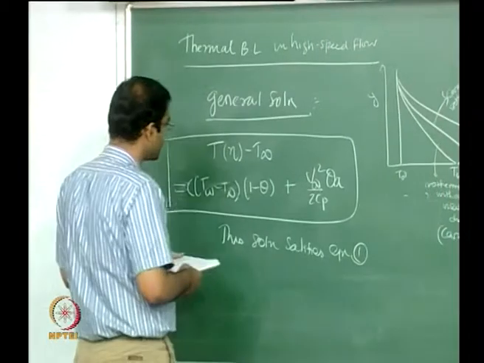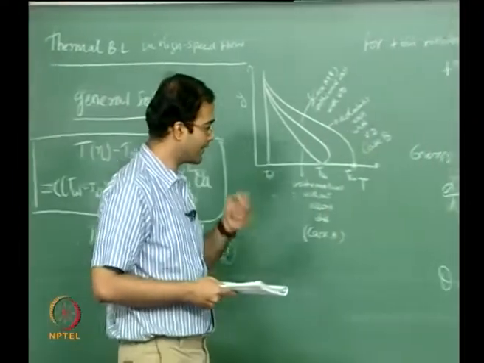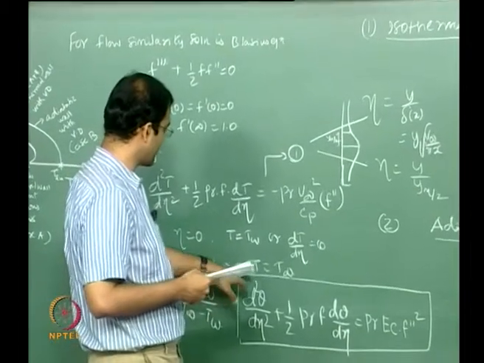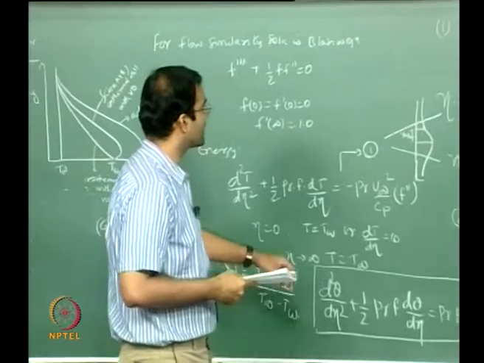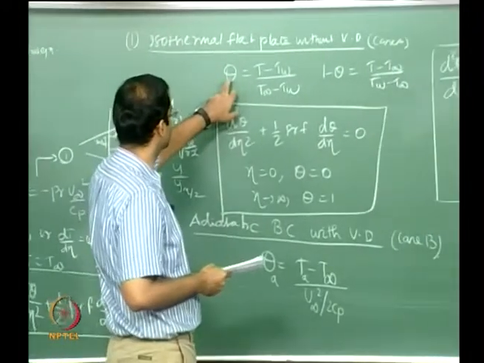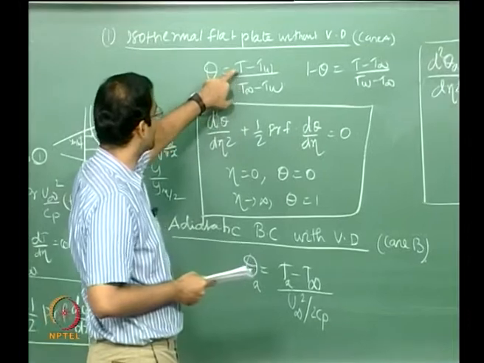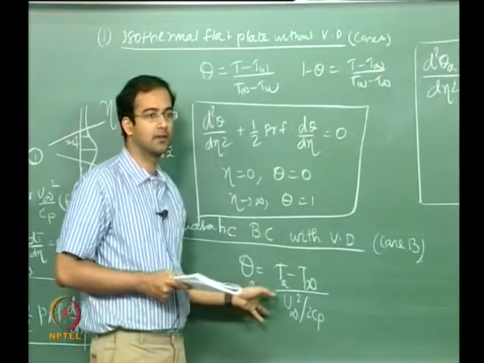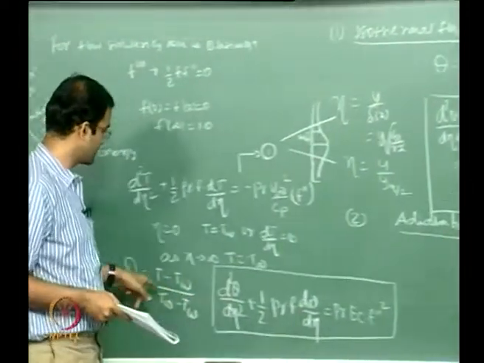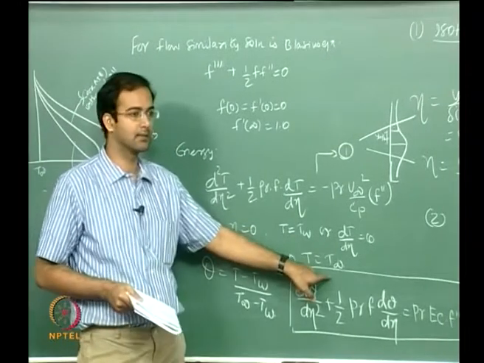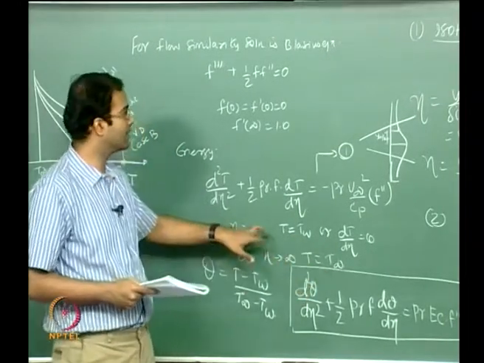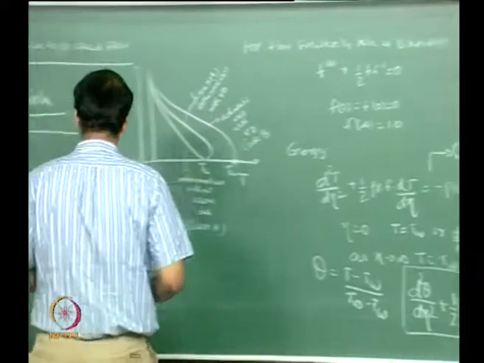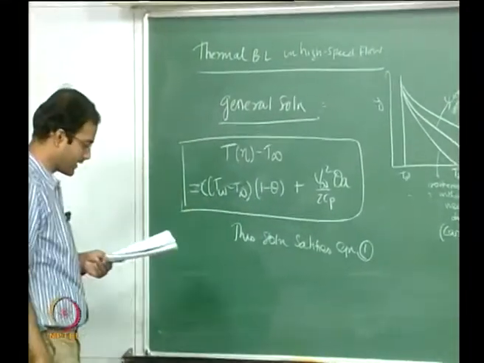Now one more thing, already when we propose this solution, we have satisfied the boundary condition that at eta going to infinity, T equals T infinity. Because of the way that we have defined theta, at large values T will become T infinity and this will become 1 here, and here the value of theta a becomes 0. So this naturally satisfies the boundary condition. But still I have not clearly specified the wall boundary condition here. So this constant can be determined by satisfying the boundary condition at the wall.